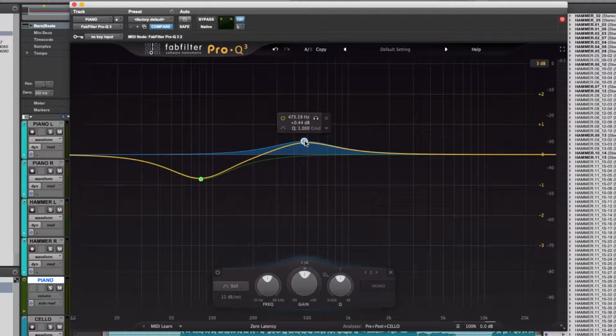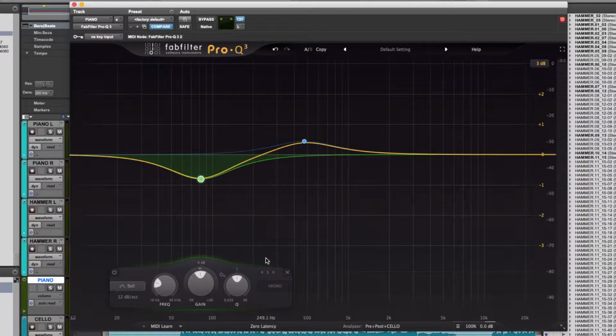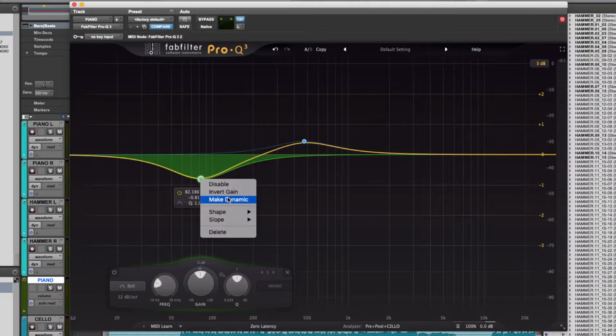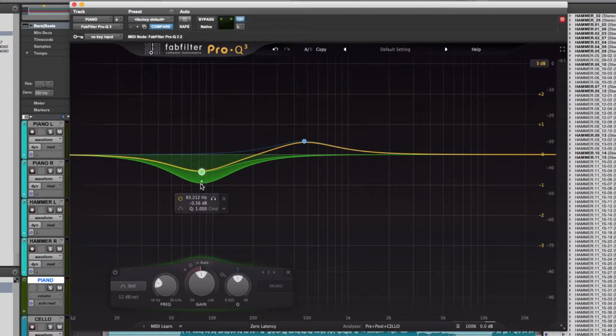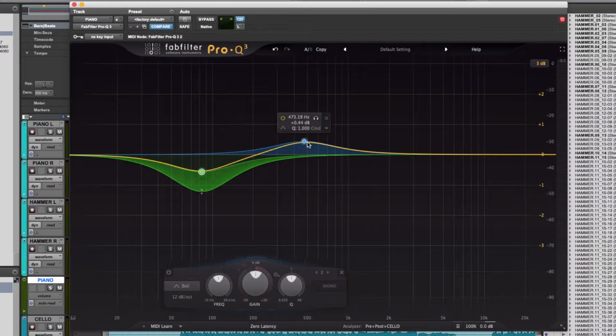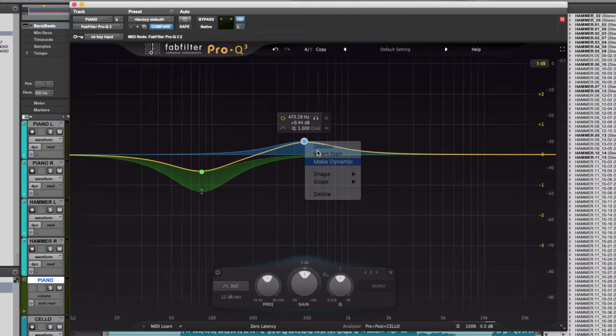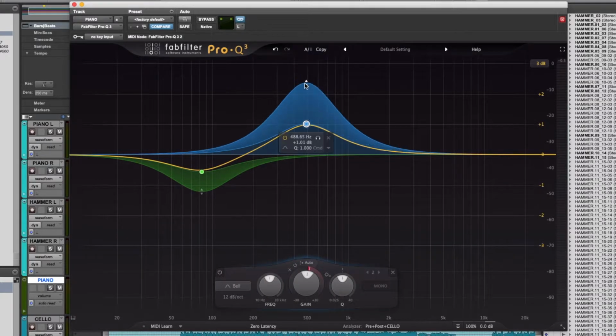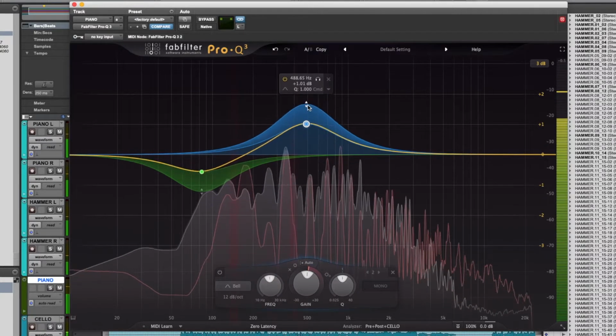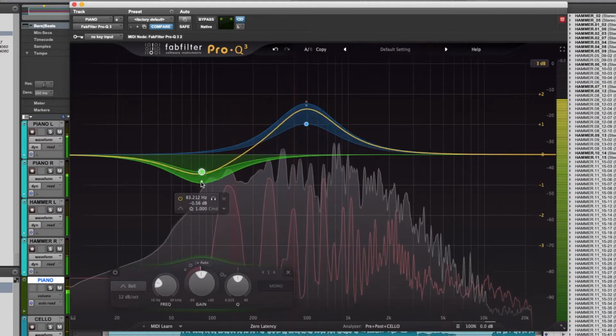And in many situations, you won't need all those extra controls anyway. As you would expect, you can both compress and expand, depending on what you want, and it's really easy to do so. Simply right-click and hit the Make Dynamic button, and then you can change the gain here. You can do the same here to expand if we're making a boost. Change the gain, and you can see it compressing or expanding our track.